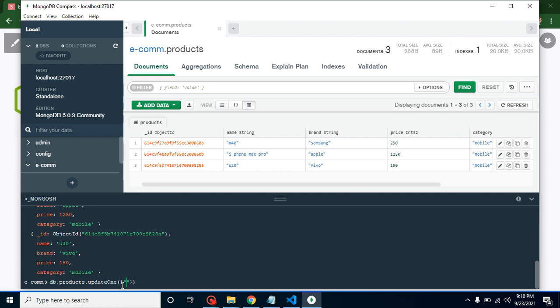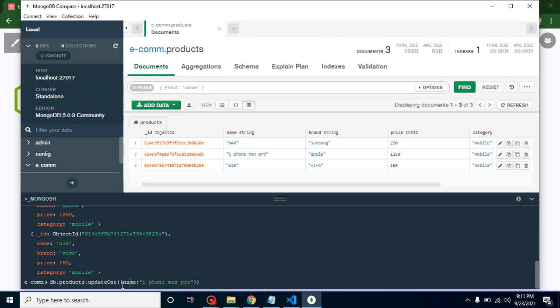So let's say we want to update here where we have name is iPhone Max Pro, and there is a really high chance of a mistake.